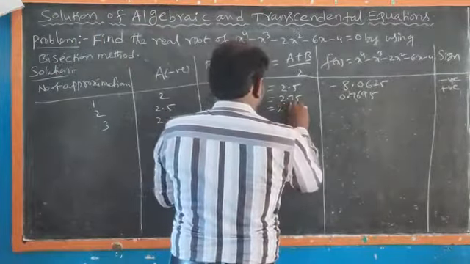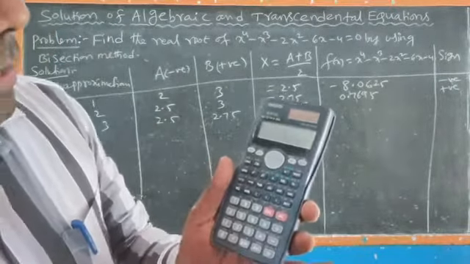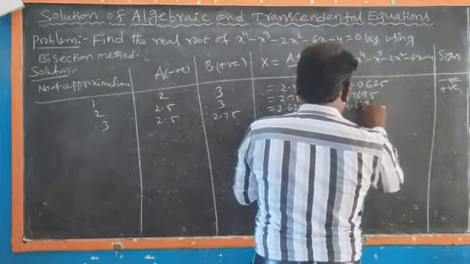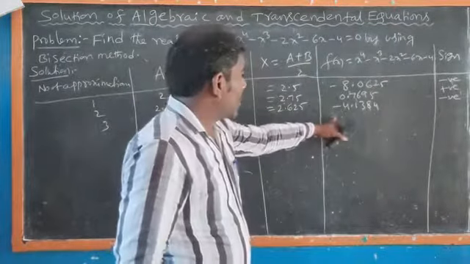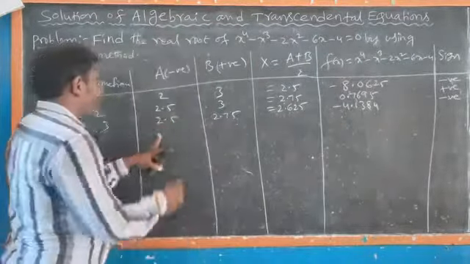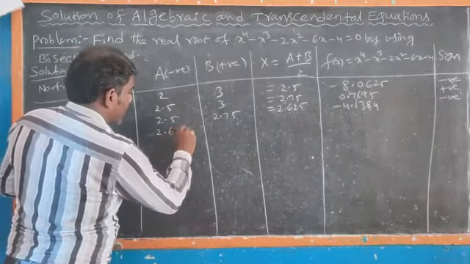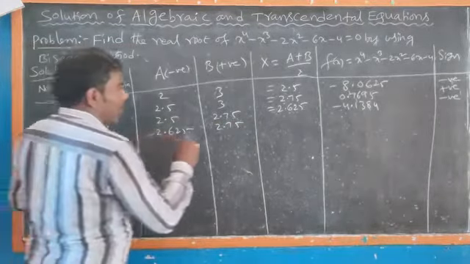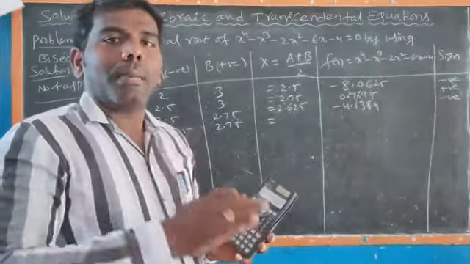Then go back, we get the equation, then calculate, put the x value in that function, then that equals minus 4.1384. This is a negative value. So substitute x in the negative values, and the b value stays the same, 2.75. This is the fourth approximation.